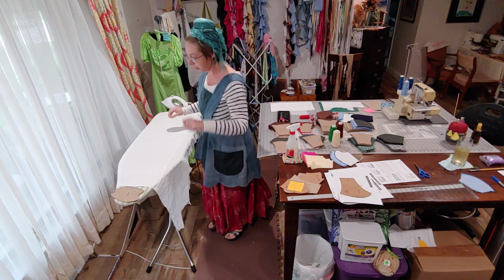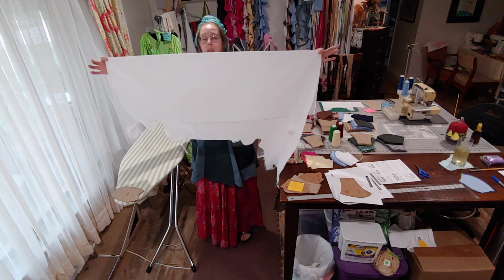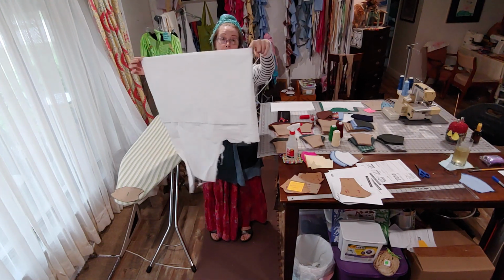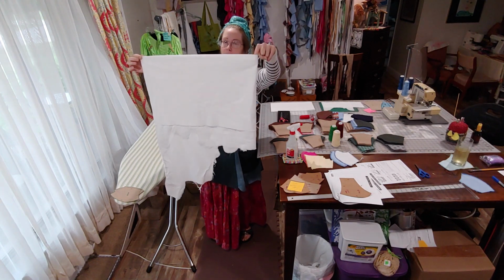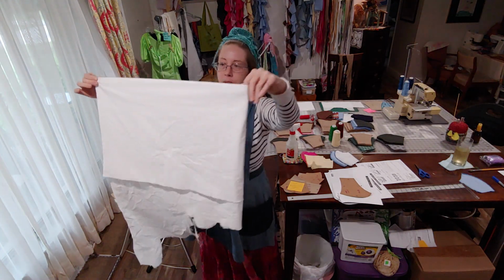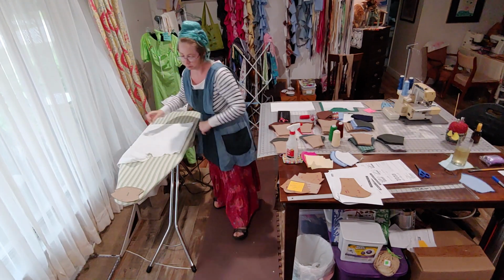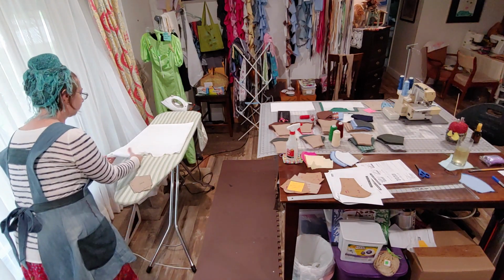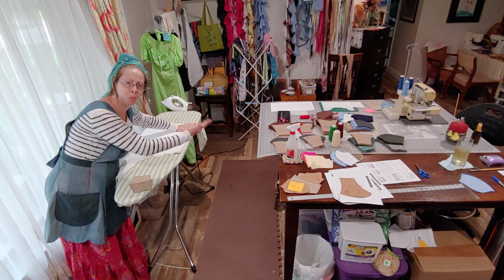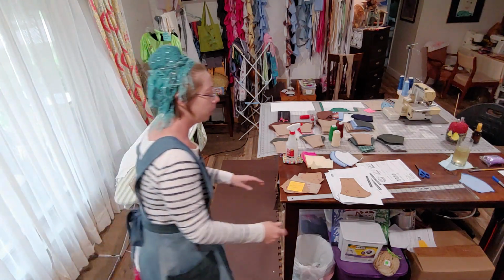We got some iron. And now we're gonna pick it up. And along that nice fold, we're gonna bring the two selvages together, so that they're nice and tidy and neat and lined up. Okay, now here's where it starts to get important to be careful when you're ironing, because I don't know if you can see it, but when I'm grabbing it, it makes a little bit of a wrinkle. So, I'm gonna put that fold down. Sometimes you can smooth it out with your fingers, and sometimes, when it starts to be more layers being folded, you'll start feeling the wrinkles a little bit more. This one feels pretty flat, but to